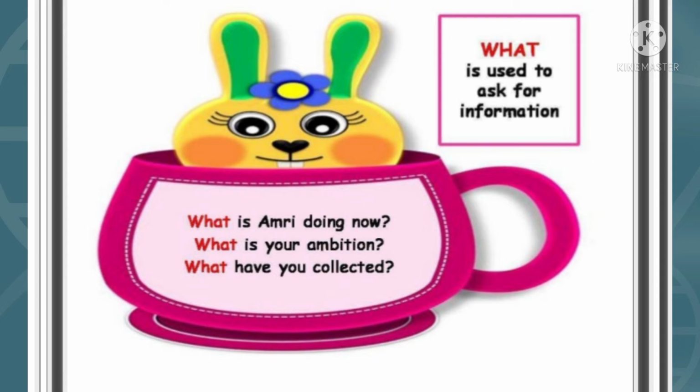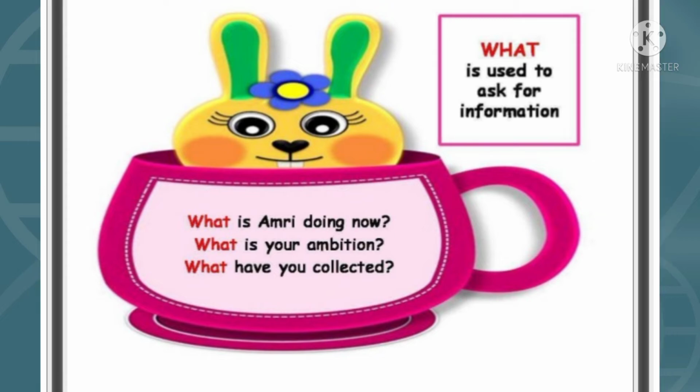Look at these sentences, children. You see the same structure of sentence where a pronoun is used. In a similar way, here what is also used. For example, Amri is my name. That is a statement. Amri is the subject, is is the verb, and name is used as a complement. In a similar way, what is in the position of subject. So it is called a pronoun, and this is interrogative since interrogative words are used.